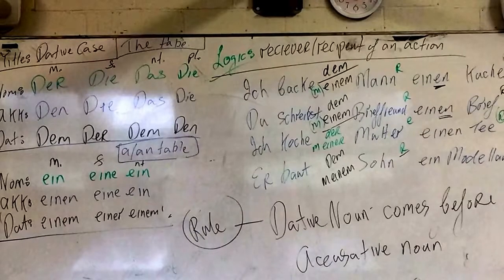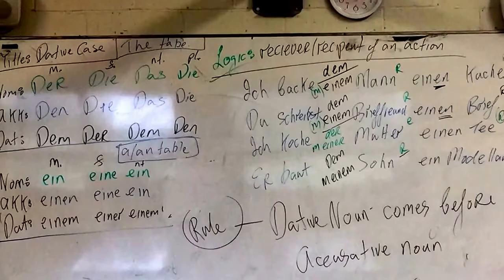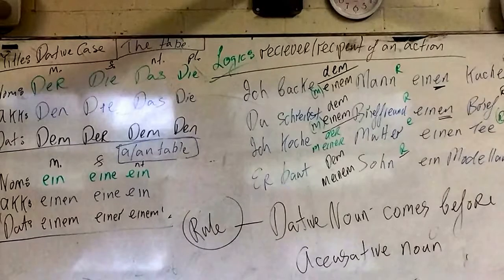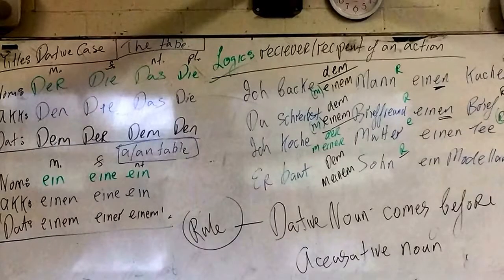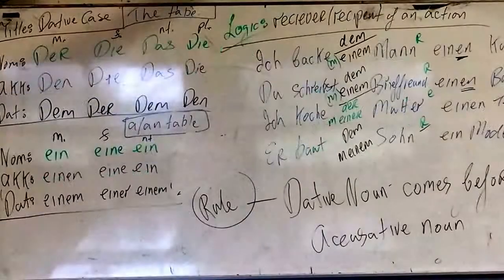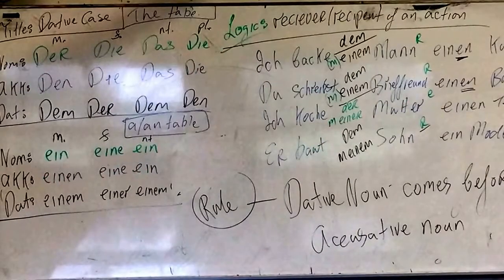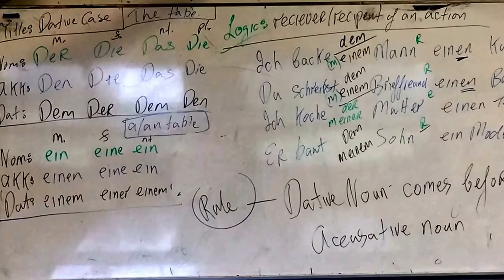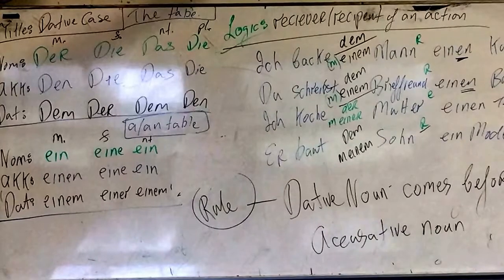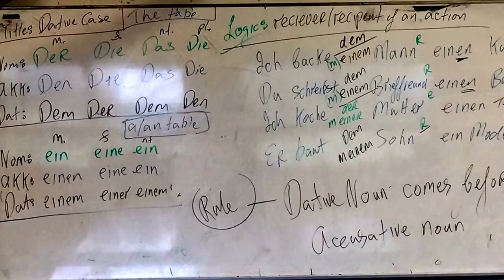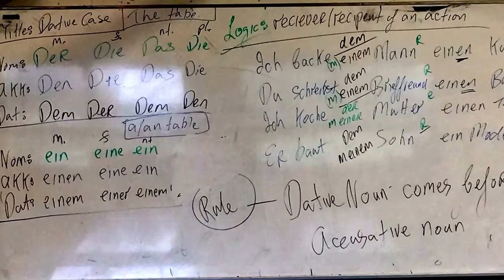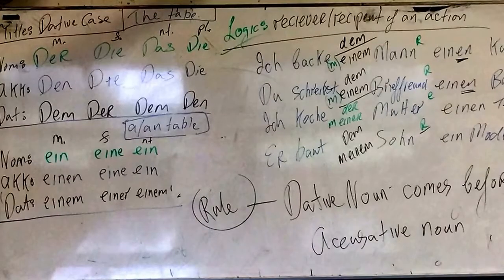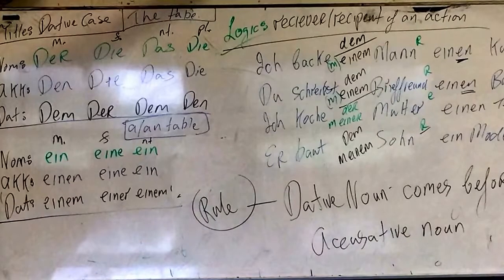What is the object of a sentence? What is the accusative? What is the thing that the sentence is about? The object. Brief. And likewise, and lastly again, to whom are you sending the letter? Your pen pal. So der goes to dem in the dative case, or if you want to say my